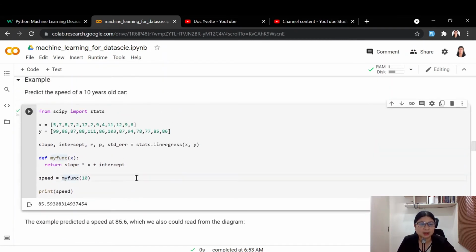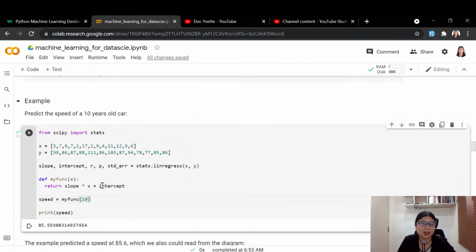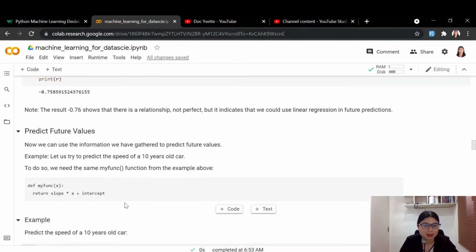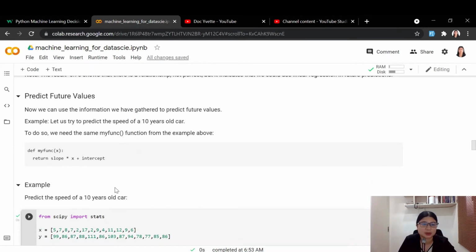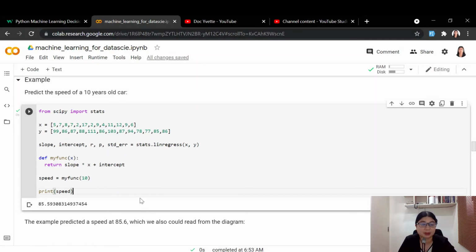in this one, of course we use the same function and we get the linear regression line, no? This is important, and we have the value, and we have the 10 as my function. We have to get the function to represent the ano tawag ni sa aton nga age. Okay, so in this case, what we are trying to do is to predict the speed of a 10 years old car. So 85.59,